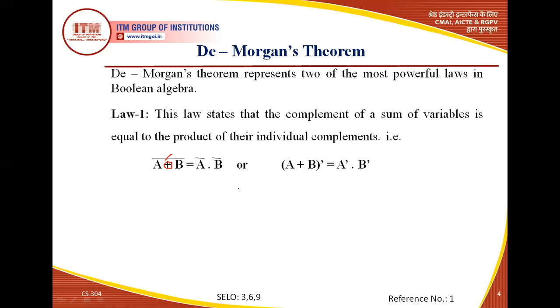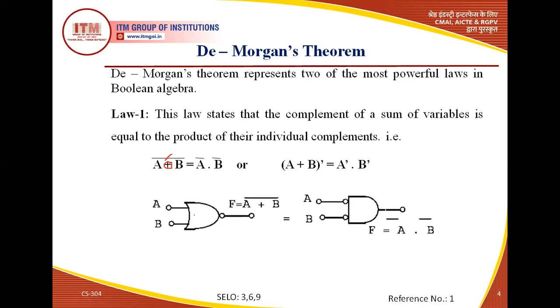Now we realize it by using logic gates. So (a + b) whole bar is equivalent to the NOR gate. So we can realize the function (a + b) whole bar by using a NOR gate, which is equivalent to the bubbled OR gate. Bubbled OR gate means we apply the inputs through a NOT gate. First we use the NOT gate, which converts A into A bar and B into B bar. Sometimes NOT gates are represented by a bubble, so it is called a bubbled OR gate. So it means the bubbled AND gate.